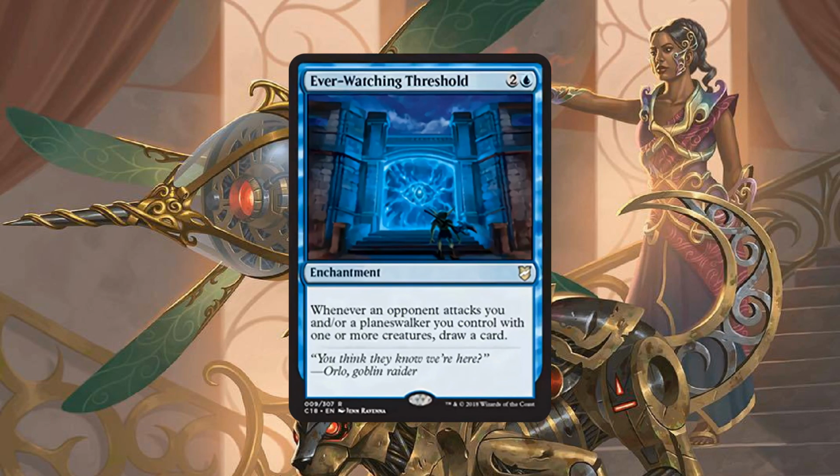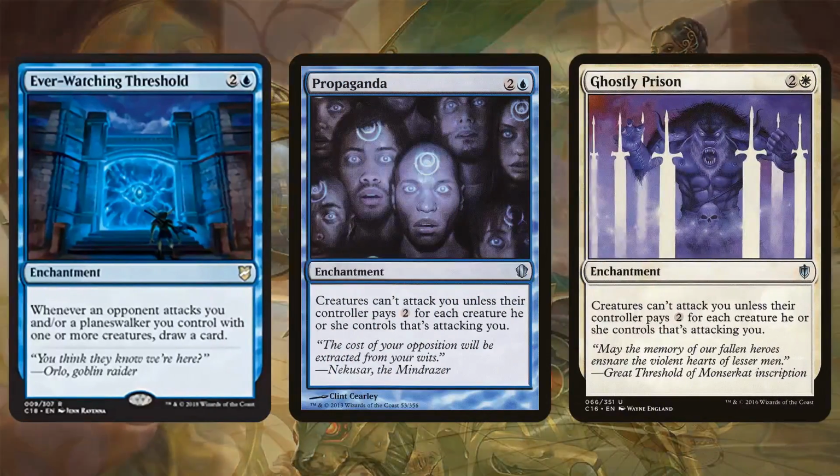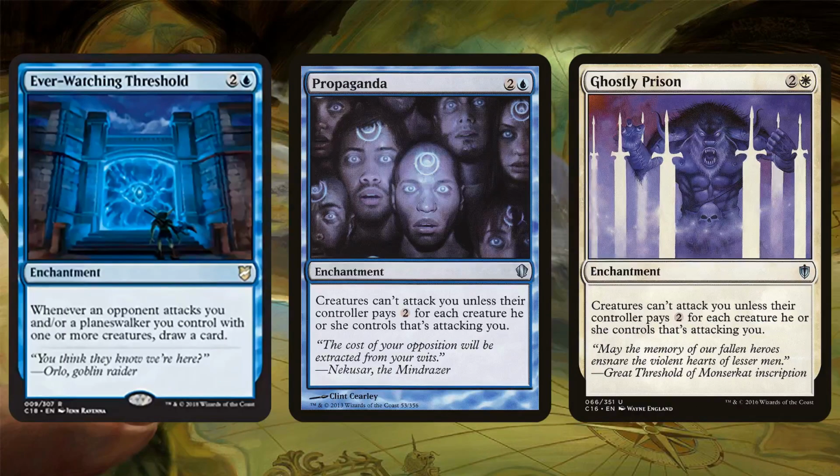So 3 mana: when an opponent attacks you or a planeswalker you control with one or more creatures, you get to draw a card. So this is kind of like a new take on a Propaganda or a Ghostly Prison, same mana cost even, basically discouraging people from attacking you. If a Tomer wants to swing all of his creatures at me, he's got to let me draw a card